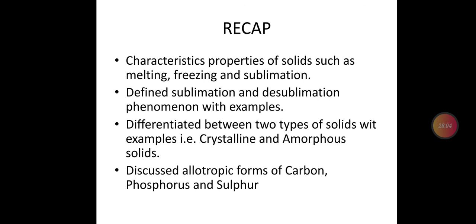We discussed allotropic forms of carbon, phosphorus, and sulfur. Carbon allotropic forms include graphite, diamond, and buckyballs. We also talked about the arrangement of their atoms in each form and their properties as well, which are affected by this arrangement. We discussed two allotropic forms of phosphorus, white phosphorus and red phosphorus, and why they appear white and red. We discussed the arrangement of atoms as well. Similarly, we talked about three allotropic forms of sulfur. Out of them, two are crystalline, rhombic and monoclinic, and the third is plastic sulfur, which is the amorphous form of sulfur.